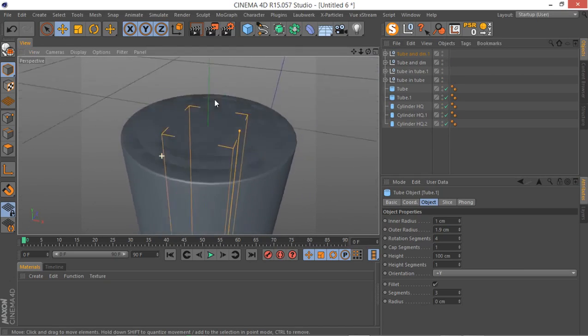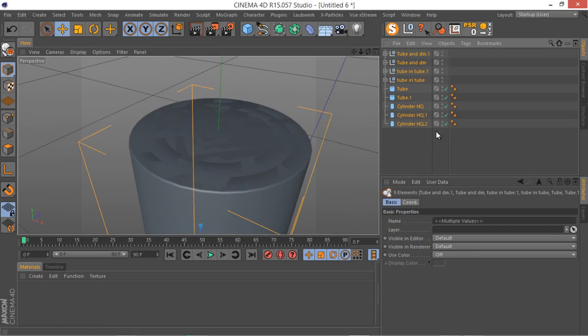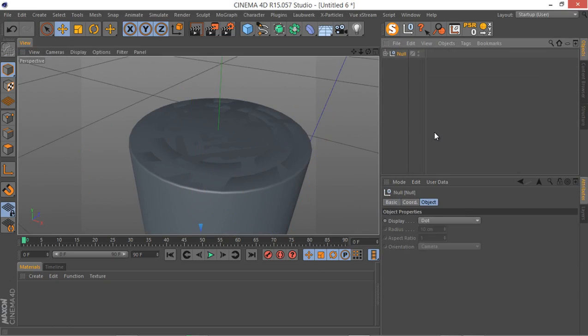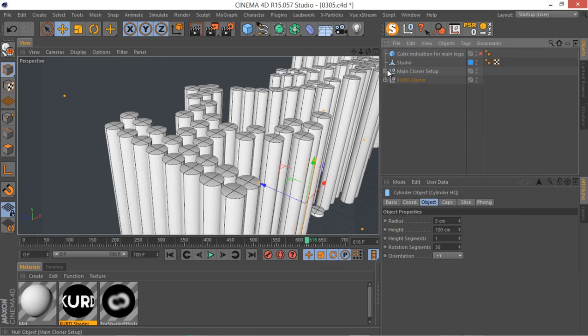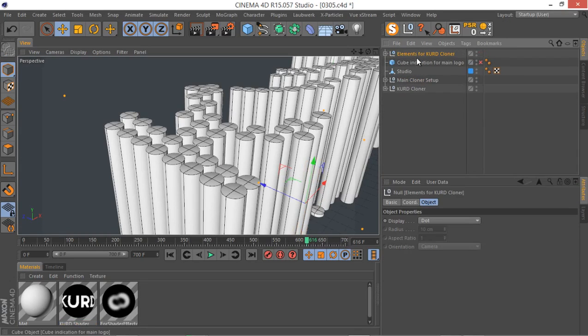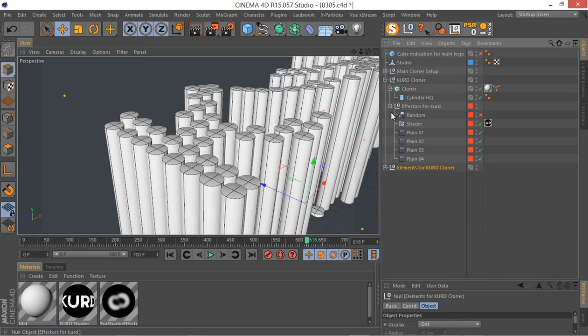Okay, so now as you can see, they are here. Now I can simply copy all of these guys. Let's hit Alt G and name them elements for cloner. Okay, now I can simply edit, copy, go back to the scene that we have been working on. Let me just paste it here, Control V, and I can simply go to this cloner and